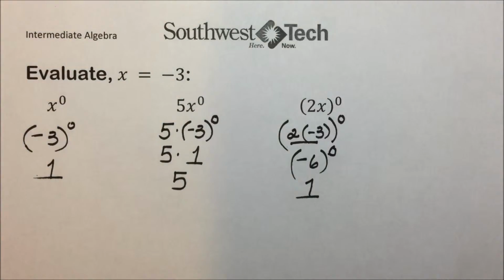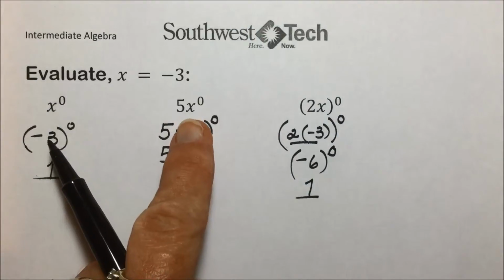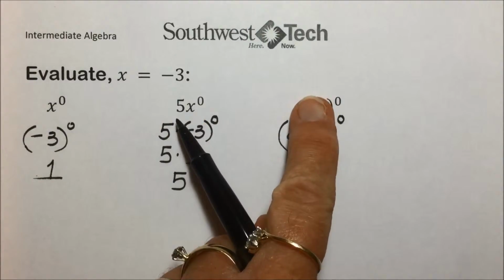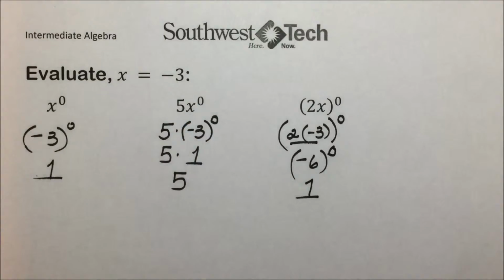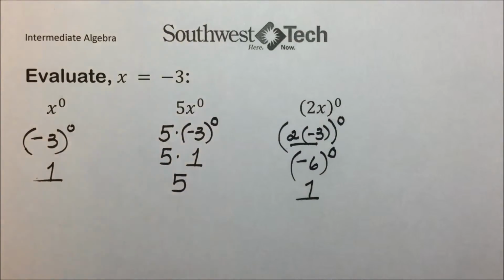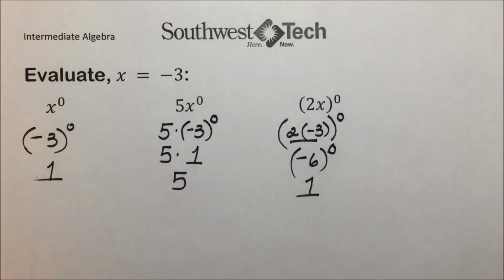So watching the nomenclature used in algebra, these are not equivalent expressions, in the fact that it's the whole quantity raised to the 0 power versus only the x that's raised to the 0 power. Following your order of operations and making sure you ask yourself what's raised to the power will avoid some errors in the future.